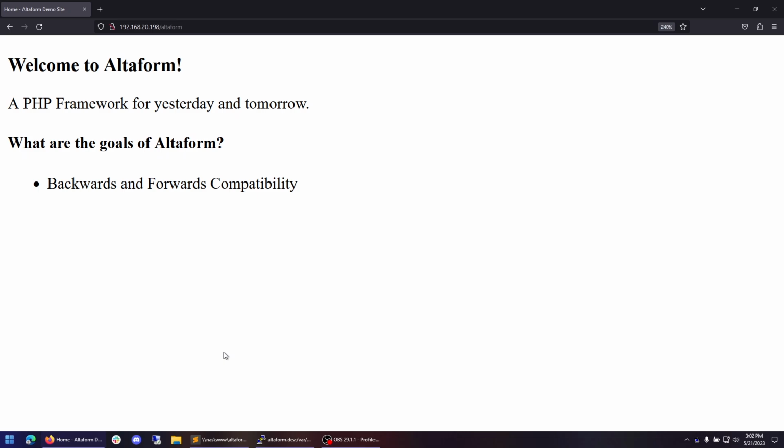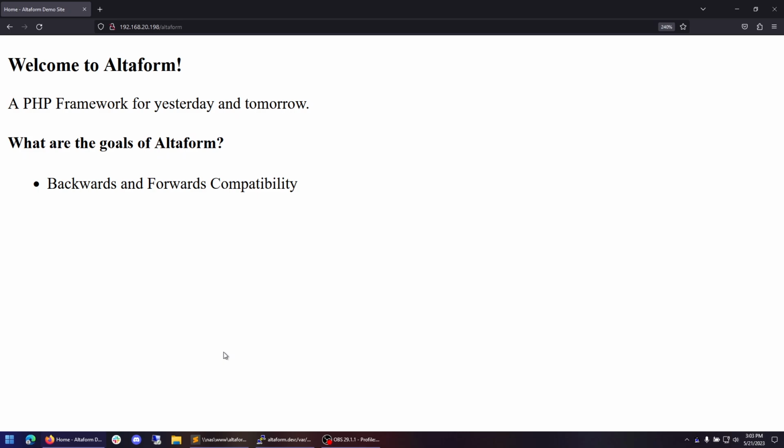Why do I support such old versions of PHP? There's many old legacy systems out in the wild today. Many of them are running PHP 5.x. Many of the modules within Altaform can be broken out and used individually separate from Altaform itself. By converting a legacy code base one piece at a time, it allows developers to modernize their code base without rewriting the entire code base all in one go.